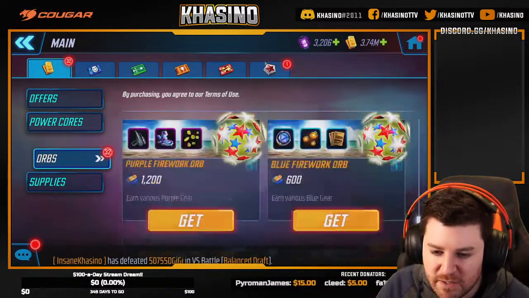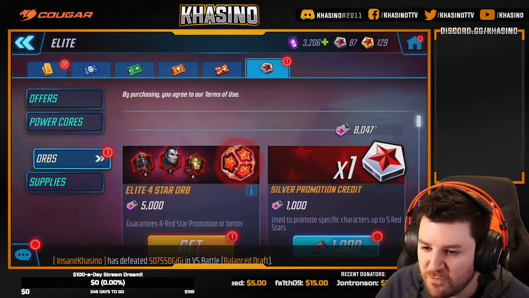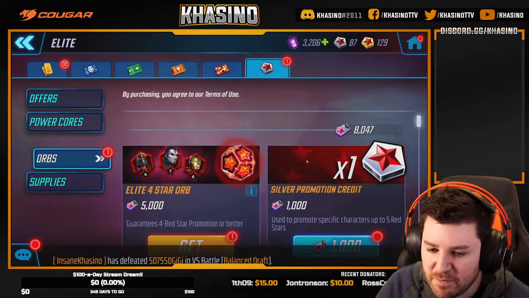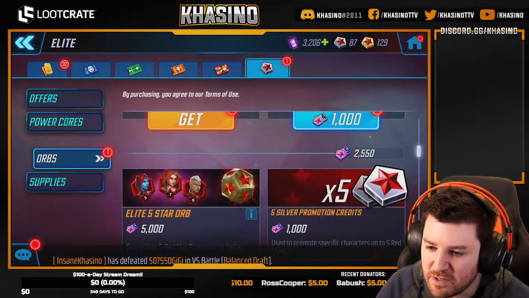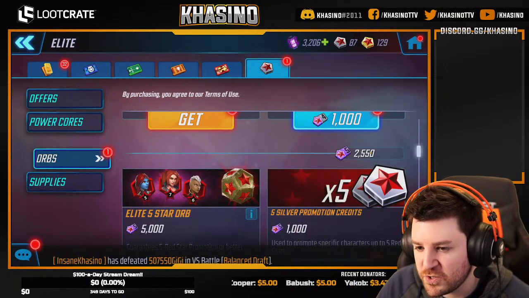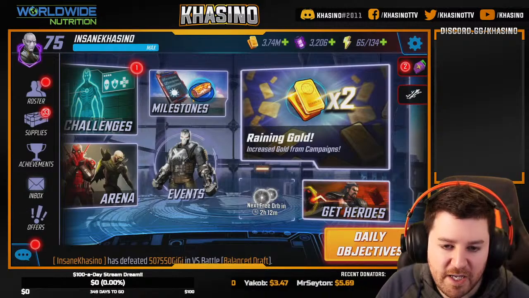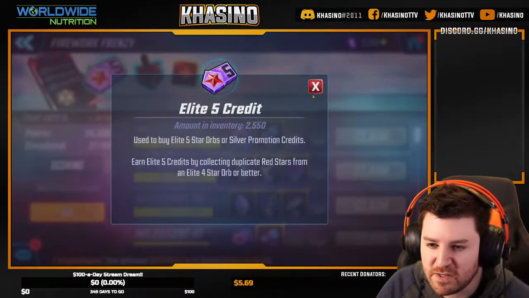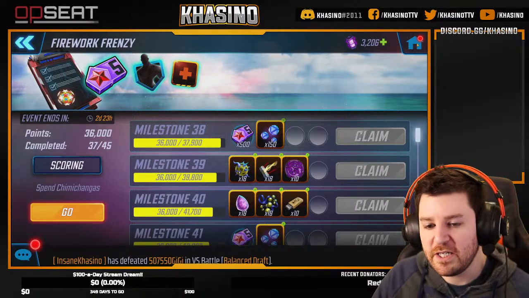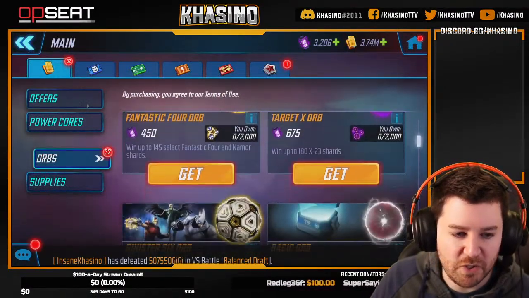Okay. So we're gonna open an Elite 4 today, and I'm not too far away from a second Elite 4. And then I'm halfway to an Elite 5, and I think I'll get even closer to an Elite 5. So you get 1,000 towards an Elite 5 if both of those are dupes. And then, if I get... I think it's the next milestone. Yeah, the next milestone gives me this. So we can open 2 Elite 4s and an Elite 5 if we open... Or, sorry, if we buy...